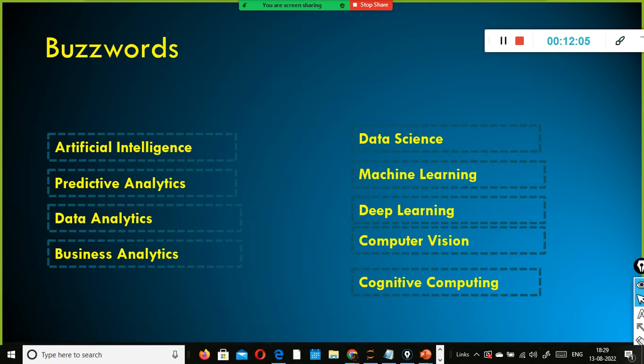The classic example is the self-driving car. Google are the pioneer or the trendsetter when it comes to artificial intelligence. They are the ones who introduced the self-driving car. In the self-driving car, you don't have to have a driver. All you need to do is hop into the car and tell the car where it should take you. That's it. Then you can close the door and sleep. It will take you to the destination. Once you reach your destination, you stop the car and get down. That's all. And if you tell the car, it goes and parks on its own in the allotted parking lot.